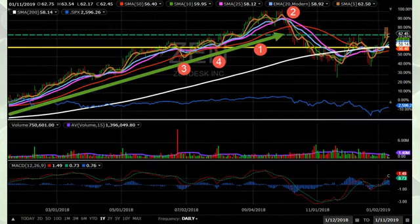Zendesk is also one of those stocks that fell apart when the market started to tank back in October, where that number 2 is. But number 1 is showing that green upward trend, and the stock was above the red diagonal line, the 50-day moving average, that whole time, except for number 3 and 4 where it fell below. So I'm hoping that this stock